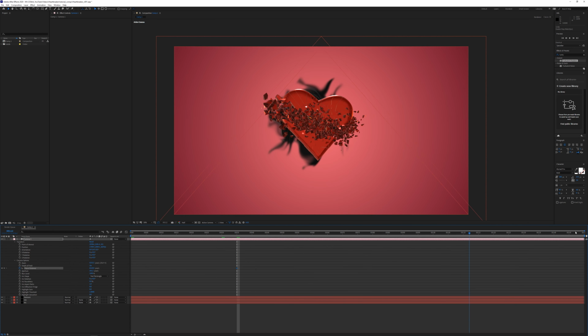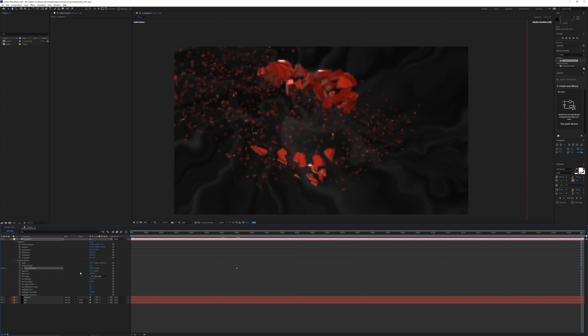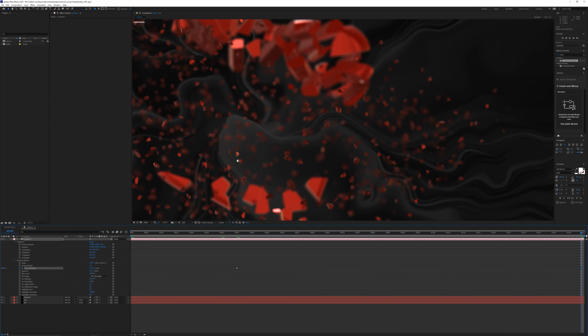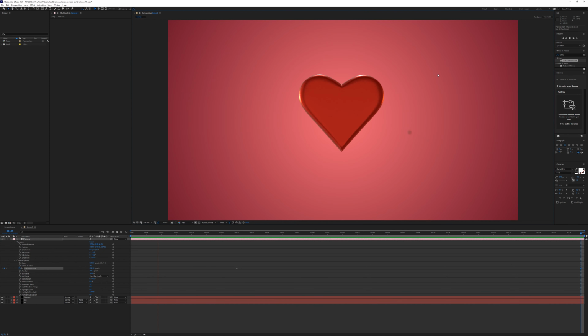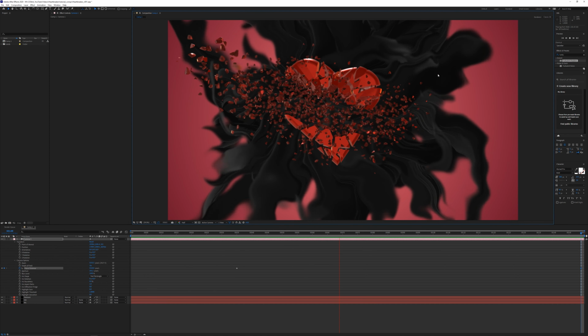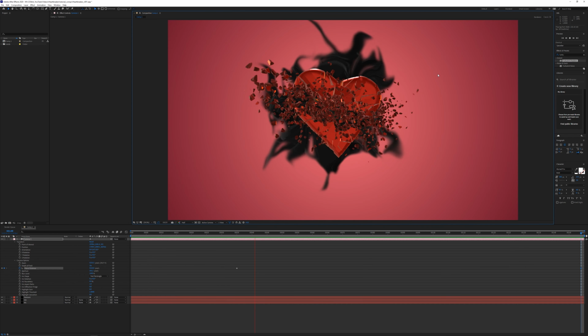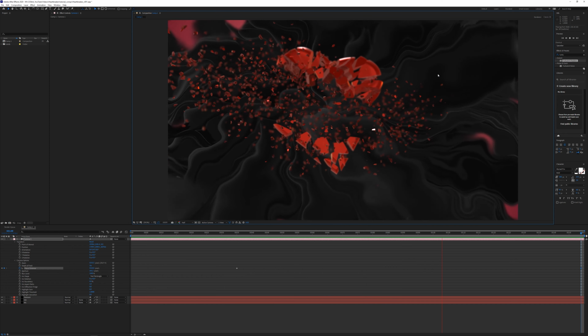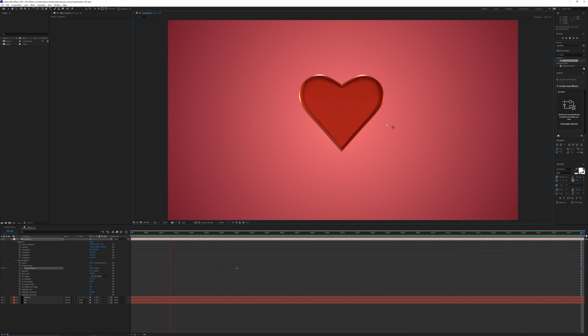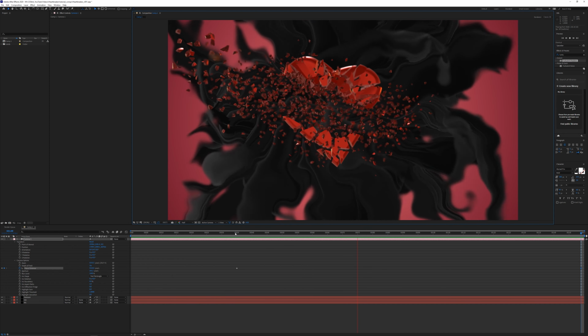So now we can go all the way to the very end, and then the focus distance, we can decrease this quite a lot so that we're only getting a few of the particles in focus. Something kind of like that I think is going to work. So let's just take a quick preview and see what we've got so far. Right, so this is looking like a pretty good rough draft first start. You can still tweak some of the animation here where it's hitting the heart right at the beginning, just to smooth out some of those keyframes.